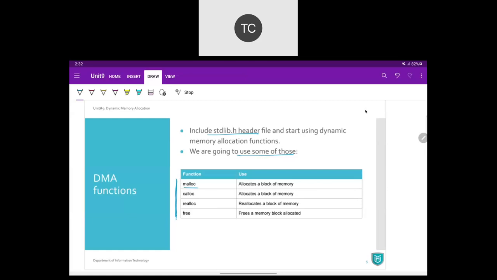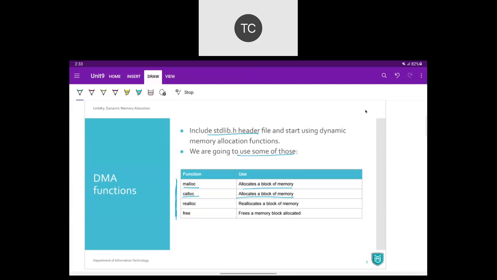So malloc is memory allocation, which allocates a block of memory to us if it is free. Similar kind of way, calloc is also going to allocate a memory block to us. So malloc and calloc both are used just to allocate a memory block.